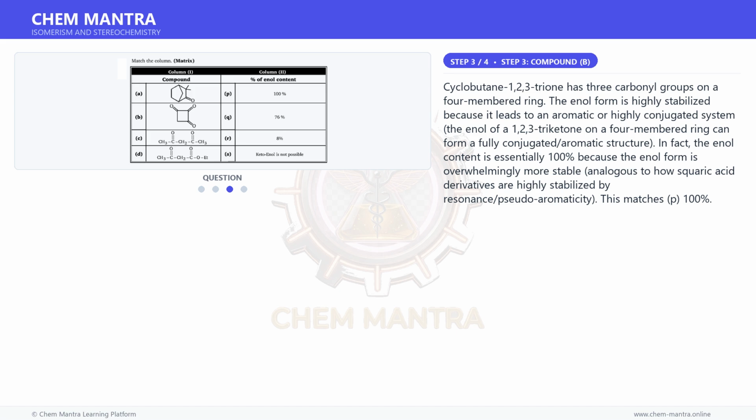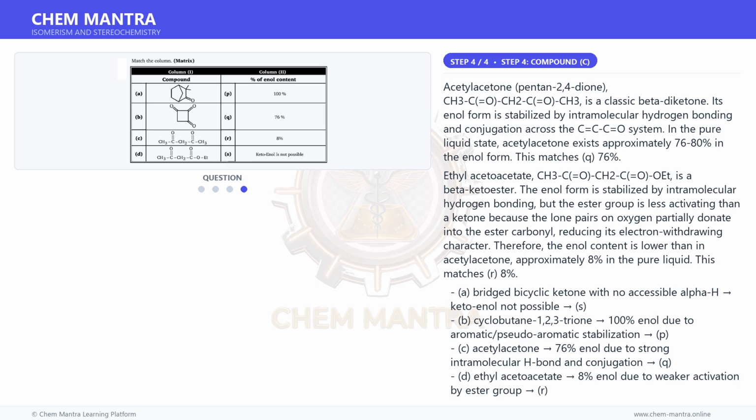In fact, the enol content is essentially 100% because the enol form is overwhelmingly more stable, analogous to how squaric acid derivatives are highly stabilized by resonance pseudoaromaticity. This matches P, 100%. And for the next step, acetylacetone, pentane-2,4-dione,